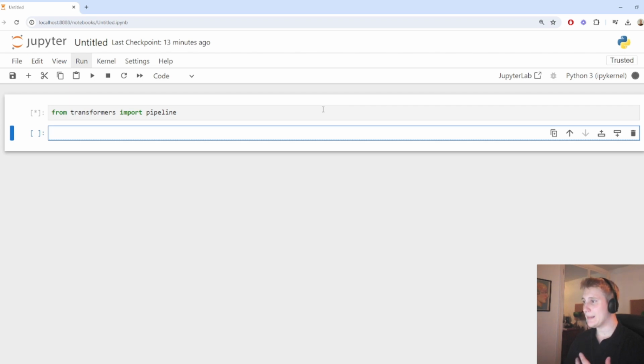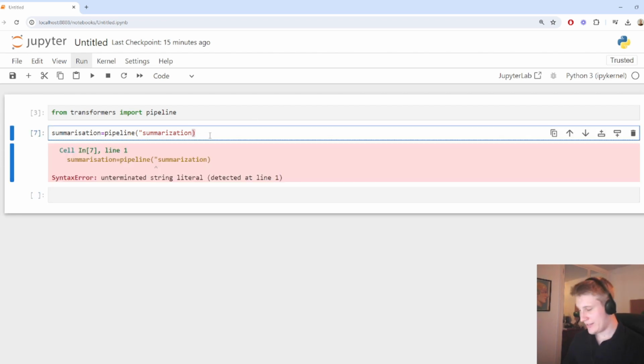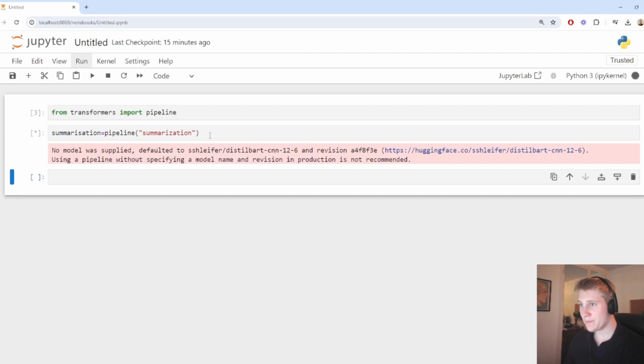Once you've imported the pipeline function from the transformers library, you then want to create an instance of a pipeline and specify the task you want to use it for. And here we're going to use summarization. That's the model we want to use. It's quite simple, so we're going to call it summarization, and this is equal to the pipeline, and the pipeline is called summarization. So if we make sure to put that inside some quotation marks and hit run,